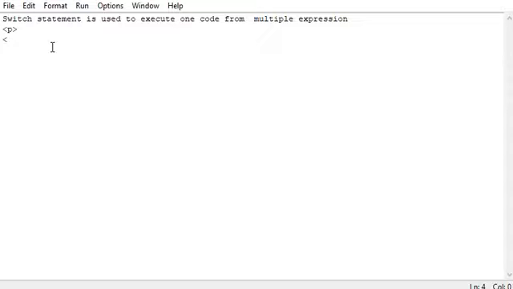We are going to write a simple program on how to use switch statement in JavaScript. Switch statement will allow you to pick one option out of multiple expressions. That is, it will allow you to execute just a part of programming statements. So let's start the script